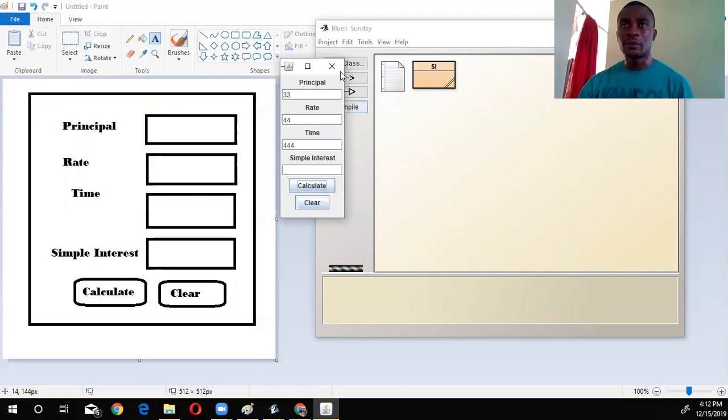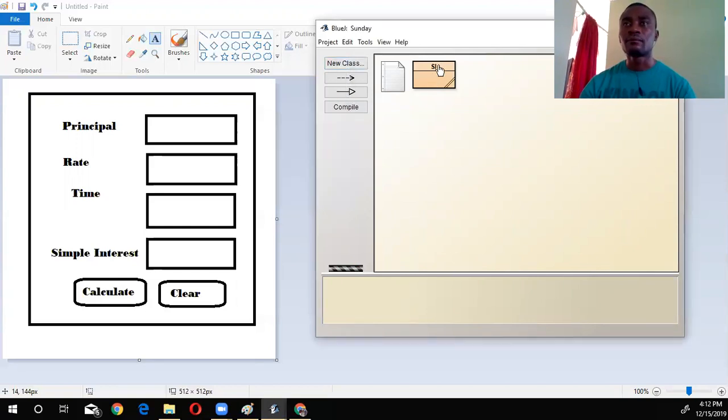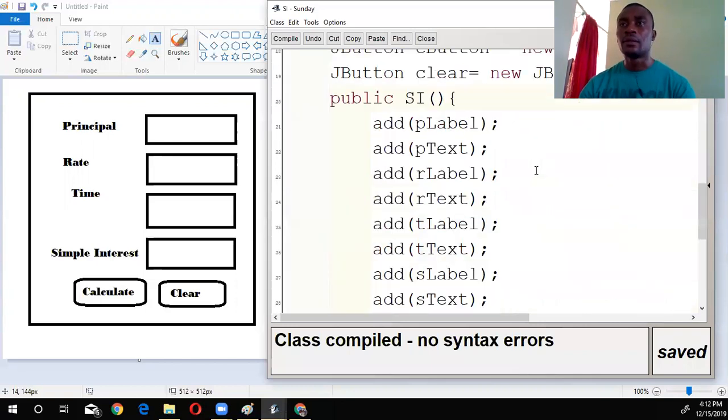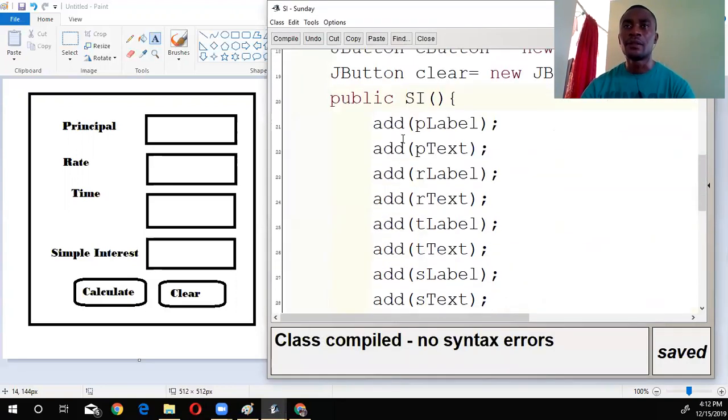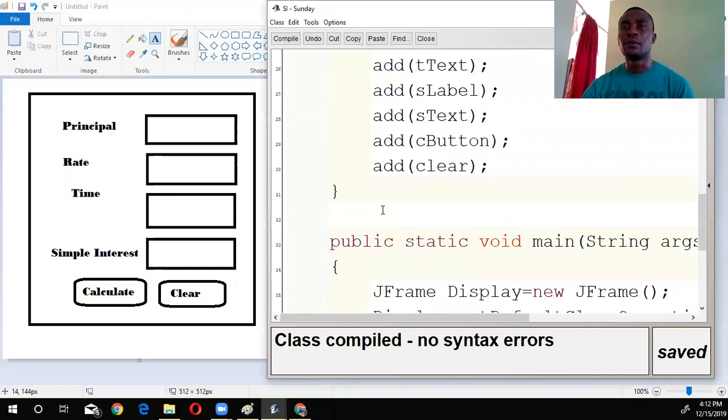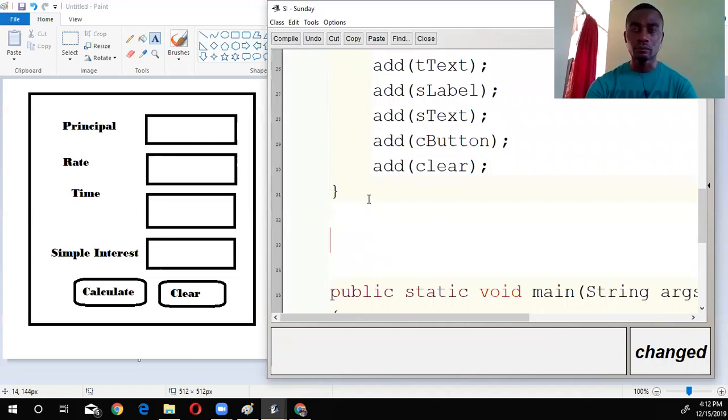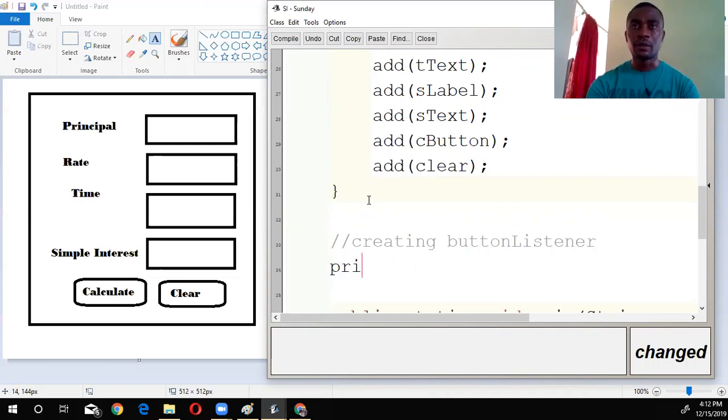So let's now go back to our code, and now we're gonna fix that section to have the buttons working. So go back, and we're gonna step back in the code. All right, so we're gonna go below our constructor. And what we're gonna do now is we're gonna create a private class for the listener. All right, so we're gonna create a private class. Call it button listener. And it's going to implement